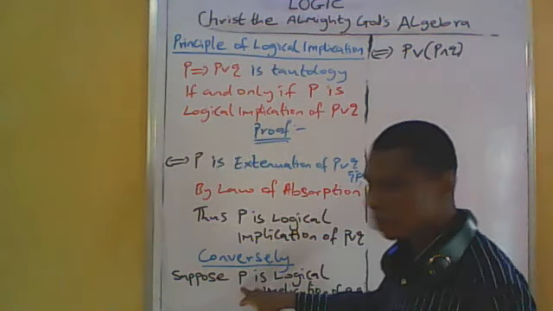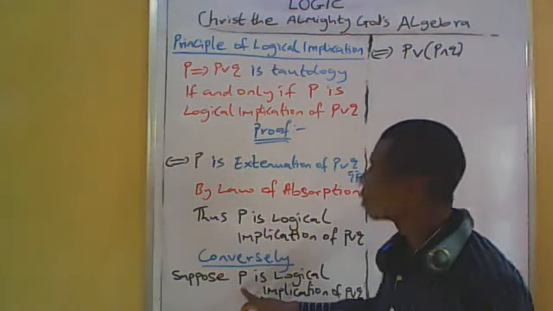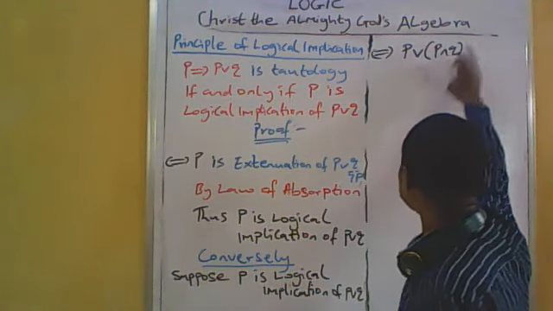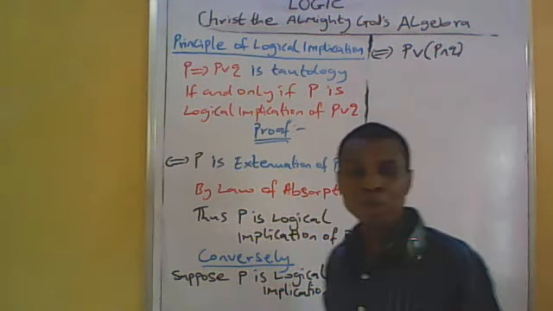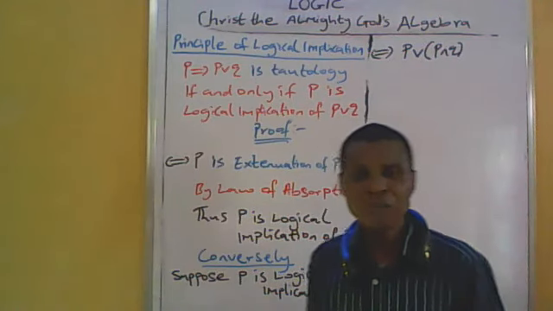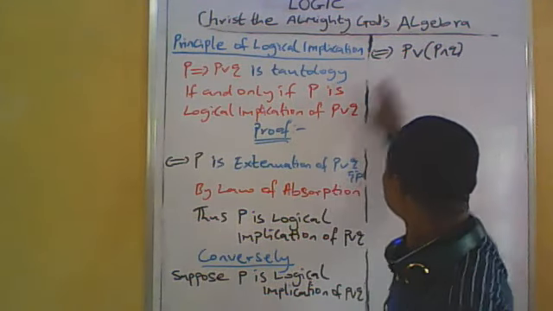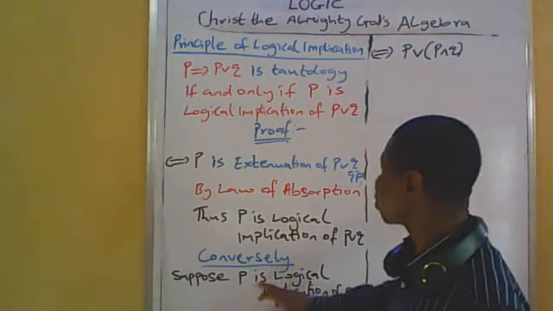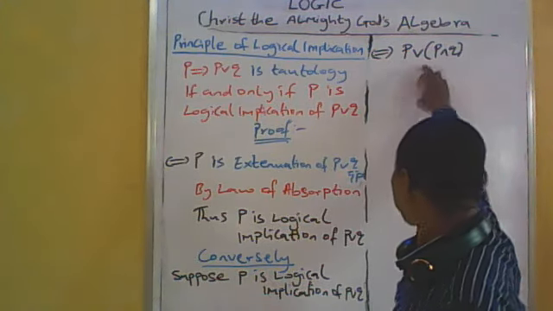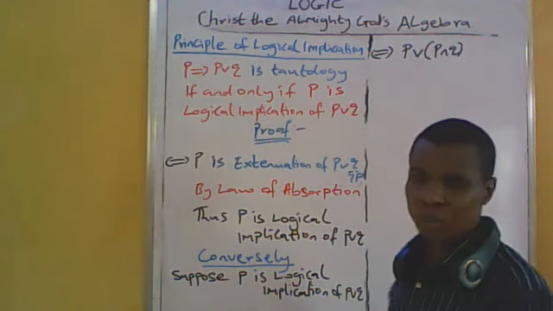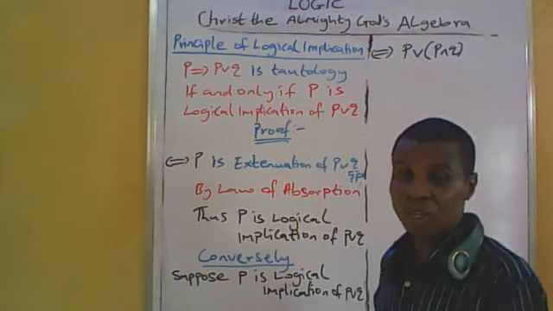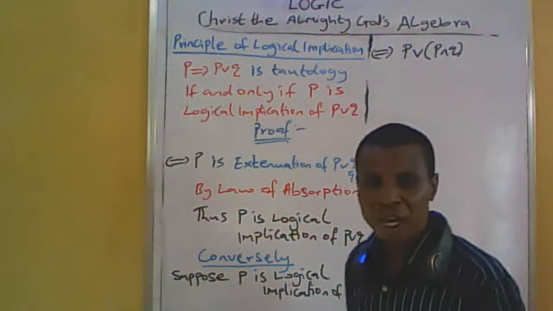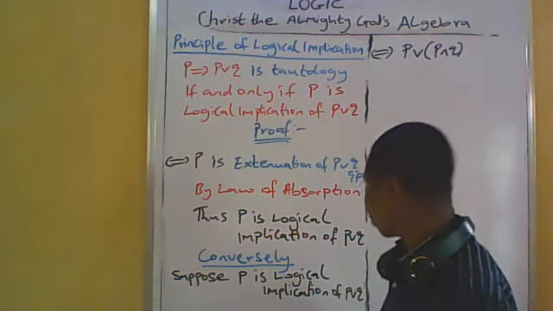Now we substitute this P with P or (P and Q) by the law of absorption. By the law of absorption, this P is equivalent to P or (P and Q). So since it's logically equivalent to P, it is a logical implication of P or Q